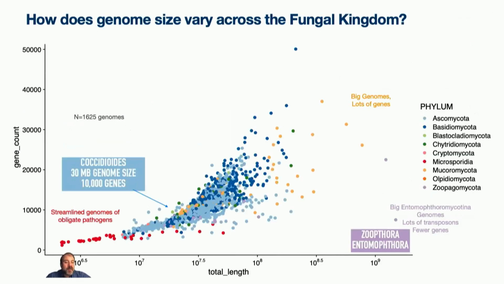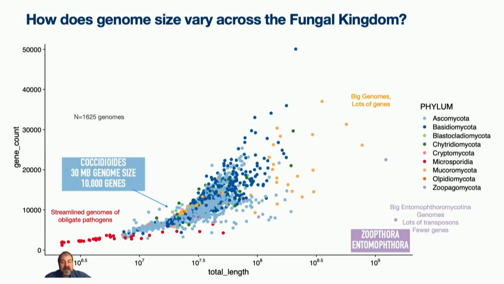Importantly, when we try to understand the genome of cocci, we would like to understand it in context of other genomes of fungi. And so the kingdom has benefited from the extensive efforts to sequence genomes. You can see there are about 1,600 annotated published genomes in GenBank. There are actually more that are not annotated, but the distribution of sizes are here, and on the x-axis is a log scale of the size of the genome, and on the y-axis is the number of genes found in each genome. So as the genome size gets bigger, you typically see more genes because there's more real estate to put those genes in, but you do see examples of things that are off that diagonal, like the purple